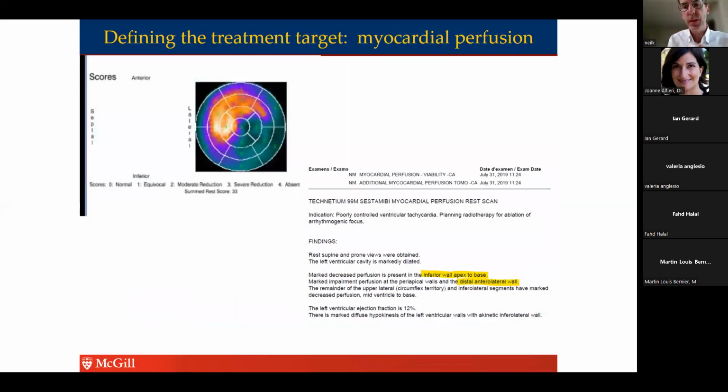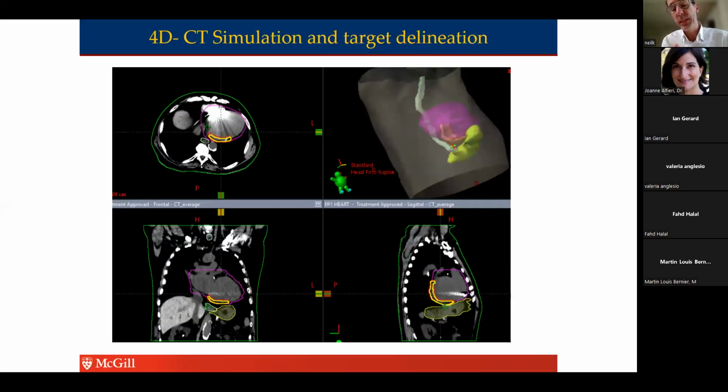As well as the myocardial perfusion scan that we had in this case, which was once again pointing the finger to the inferior wall from the apex to the base of the heart, as well as the distal aspect of the anterolateral wall. In this particular case, frustrating for a radiation oncologist, I like to work with the structural imaging because it's more concrete. We can fuse that imaging to our simulation scan and have a more direct visual of the area that we want to draw out basically on our simulation scan. In this case, when we're looking at non-anatomical imaging, then there's a bit more guesswork. Next slide, please. And that's when I really need to rely upon our cardiology colleagues